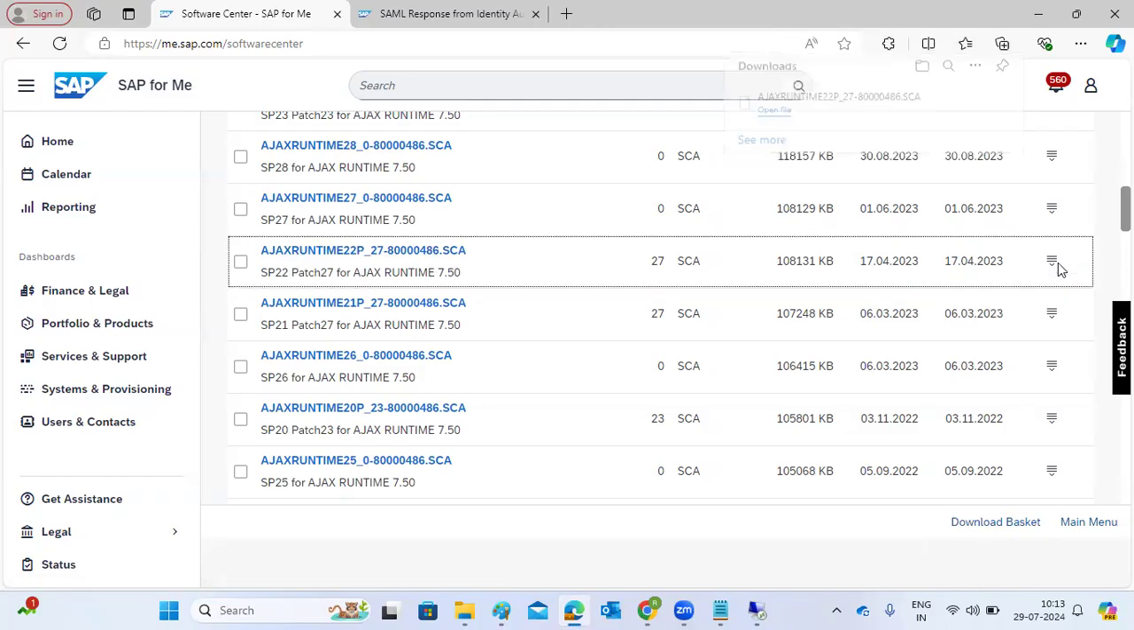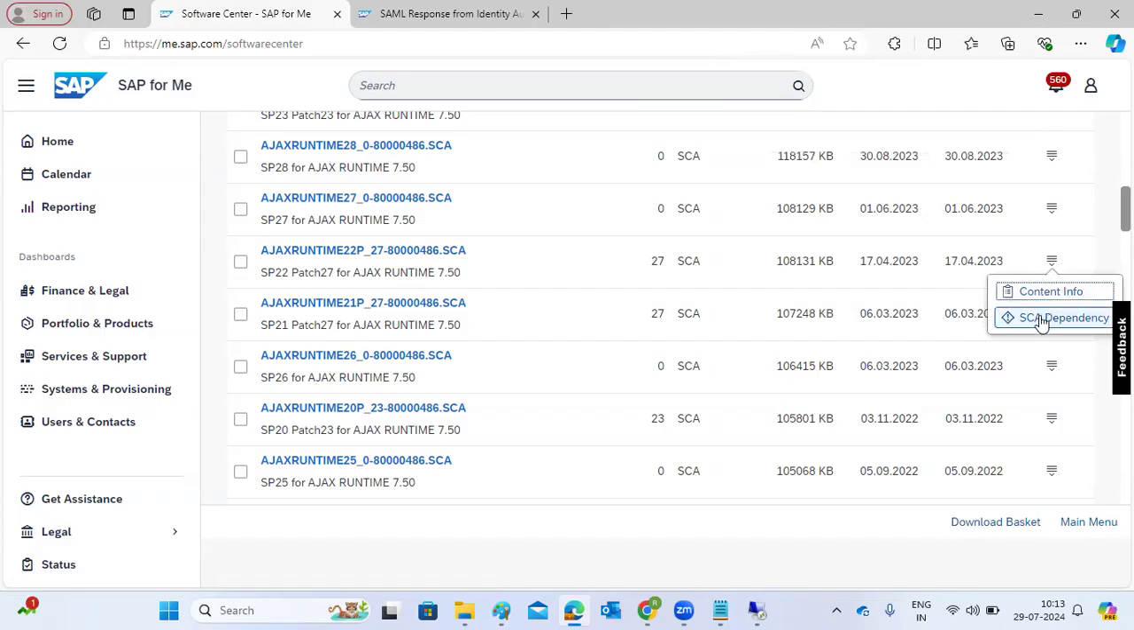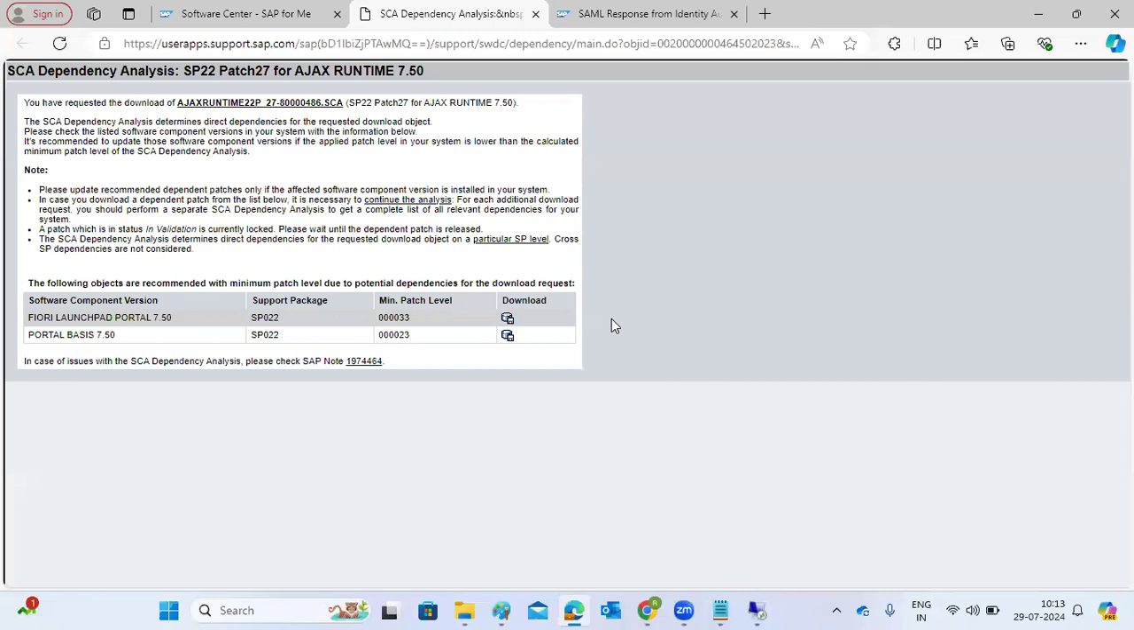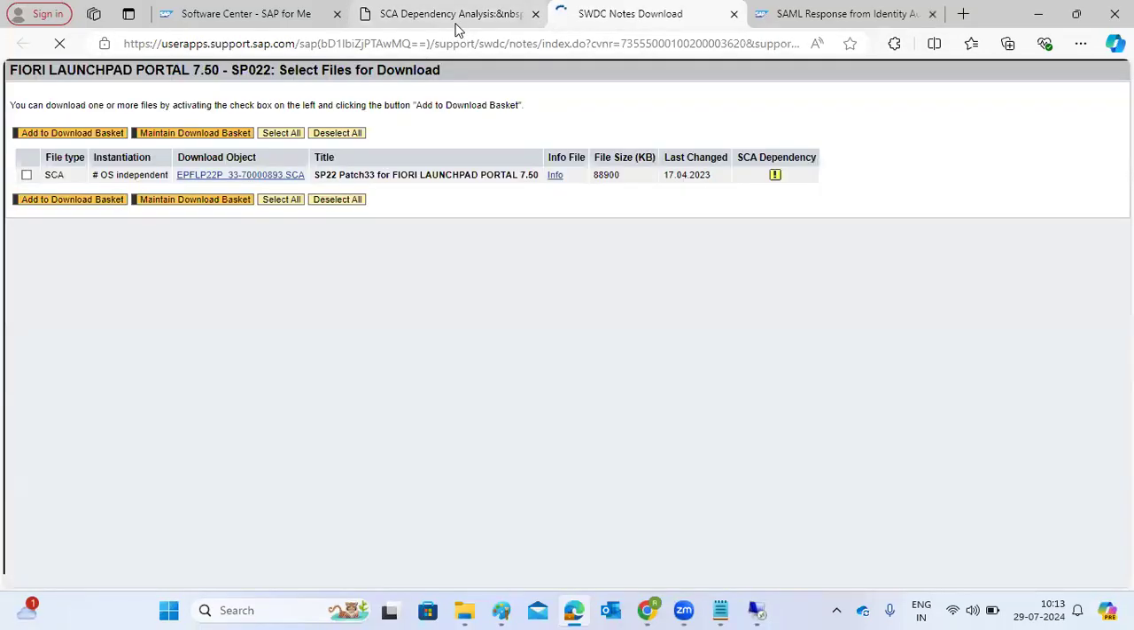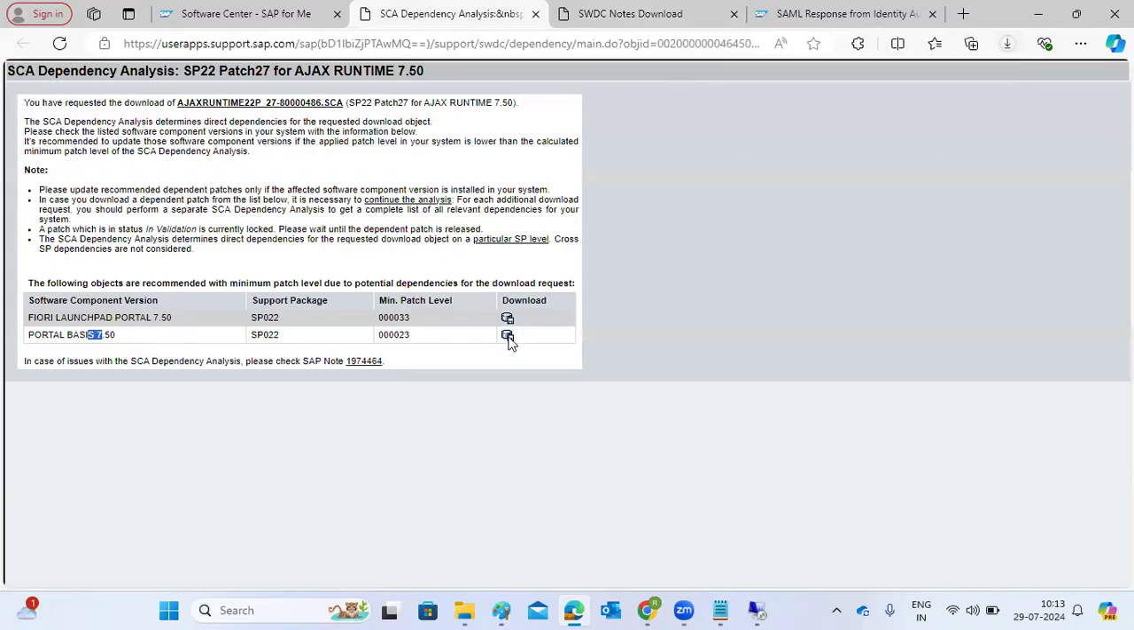You see here, if you go to here, there is an SCA dependency. When you click on the SCA dependency, which means if you want to update these patches, this patch has a dependency on two more components, right? You need to select those patches also, you have to update them here. This is one of the mandatory ones, which means if you want to update this component, you need to update the